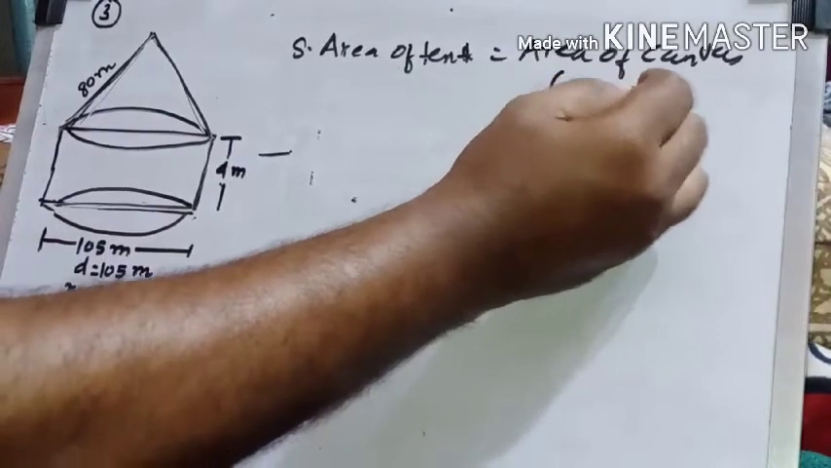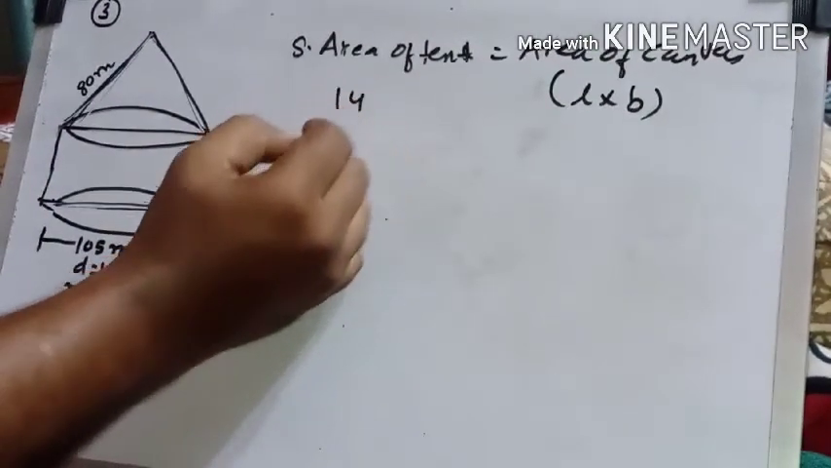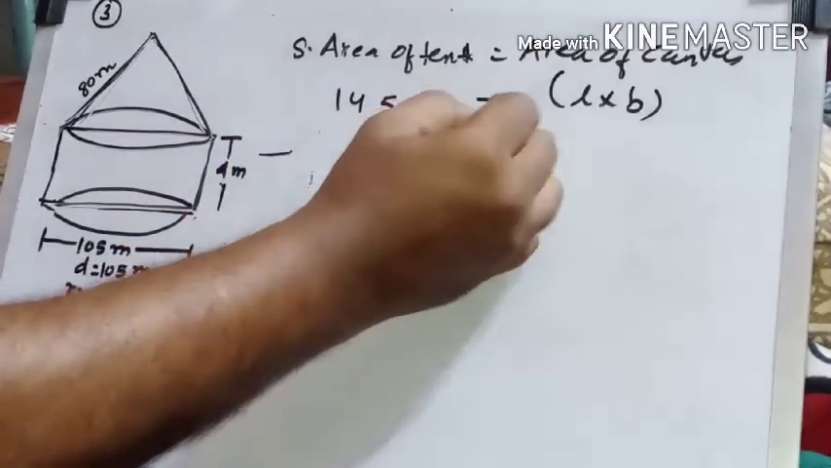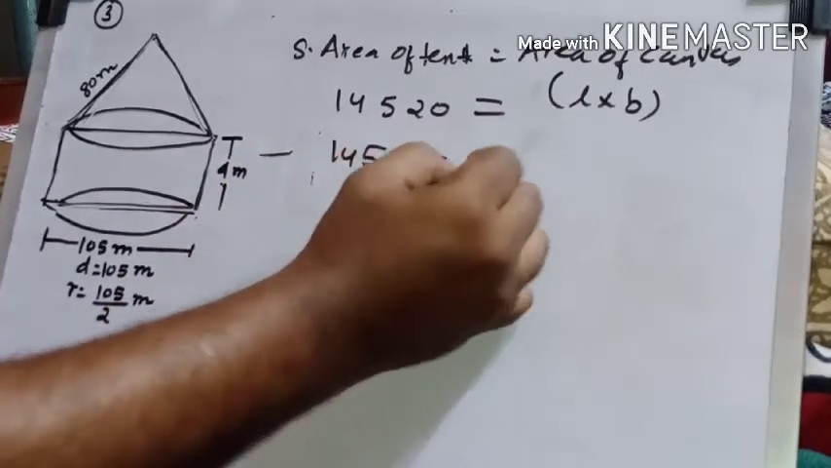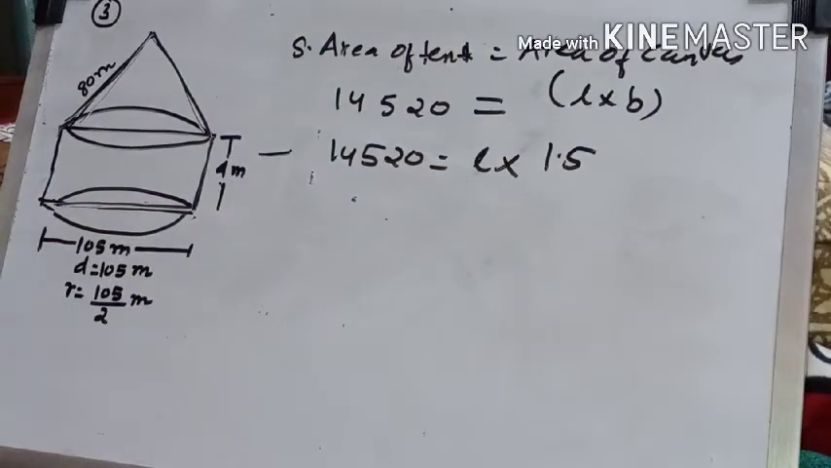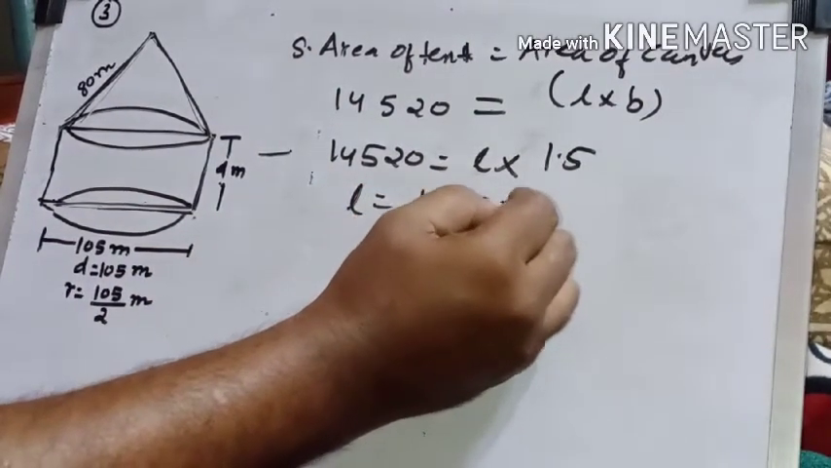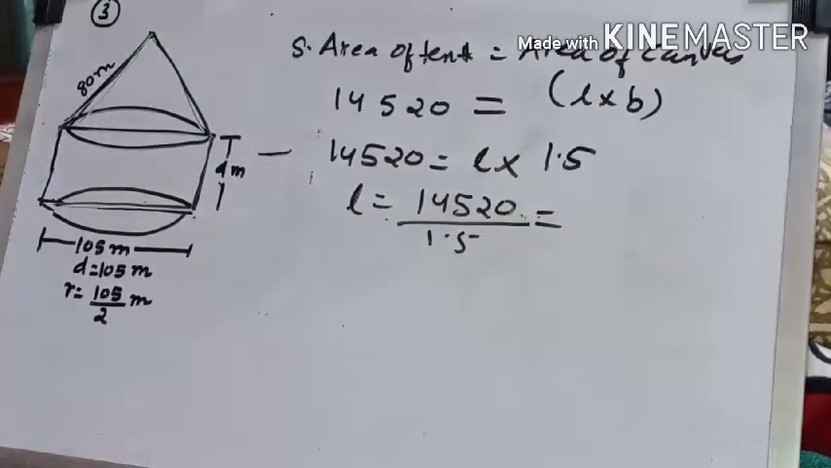Length into breadth, and surface area of the tent we have already calculated as 14520. So 14520 will be equal to length into breadth. Length we do not know, but breadth we know is 1.5. So to get the length, 14520 will be divided by 1.5, and the length of the tent comes out as